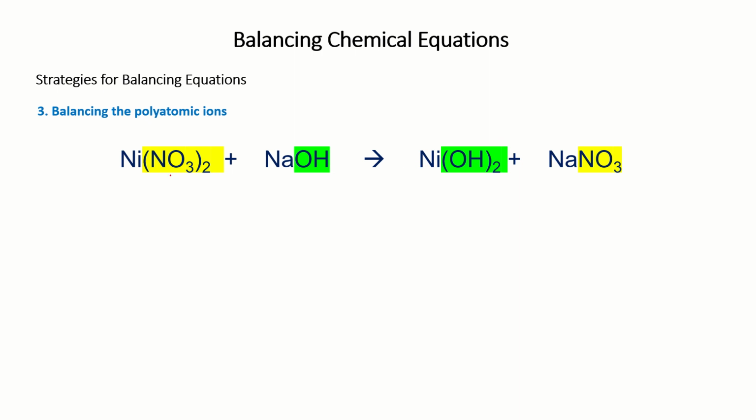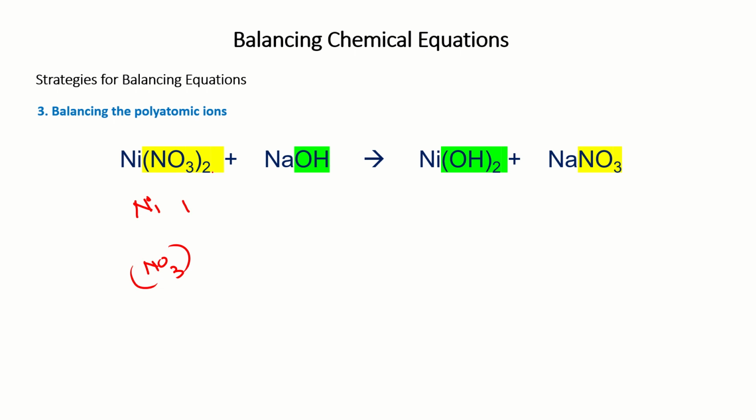So in this event, it is quite hard if you try to balance everything element by element. So what we balance is the polyatomic ion as one unit. So what do I mean by that? I'm going to list the components. I have nickel. You see only one nickel atom on reactant side, and then for nitrate,